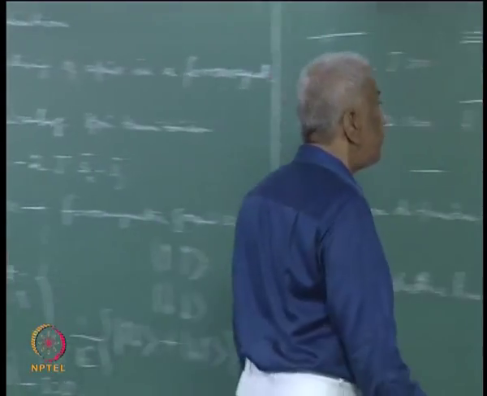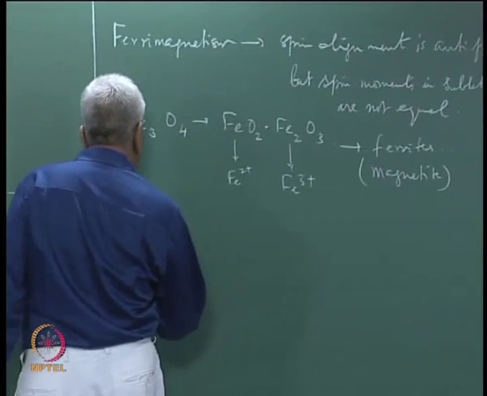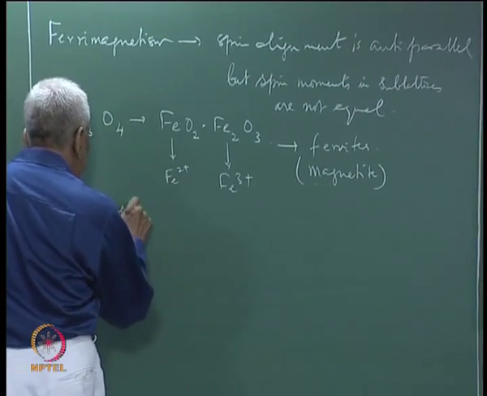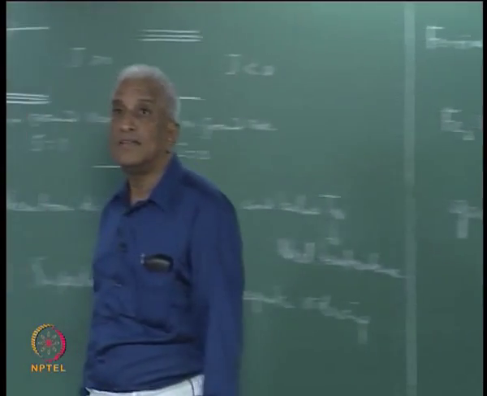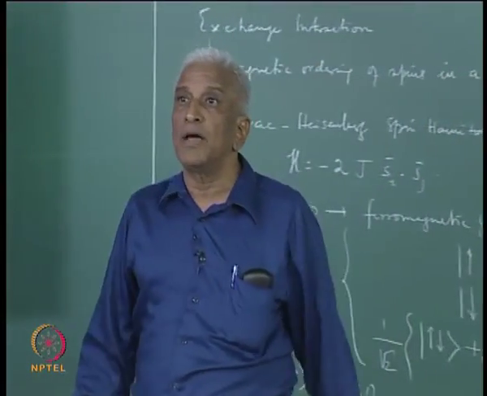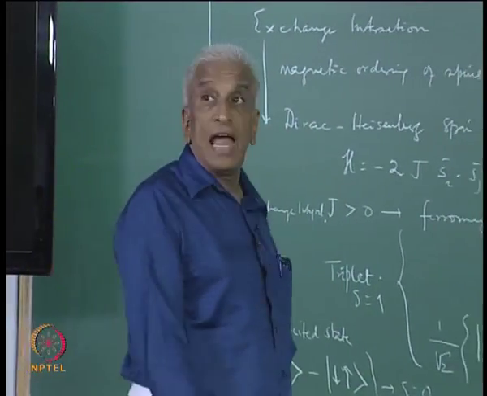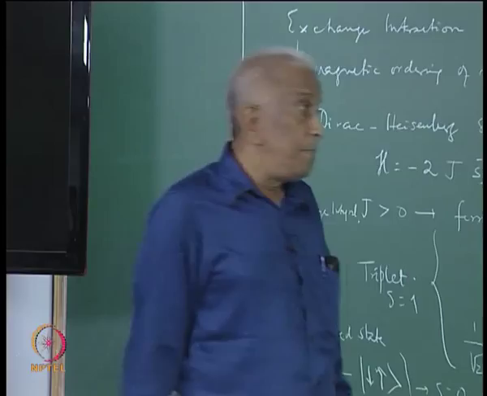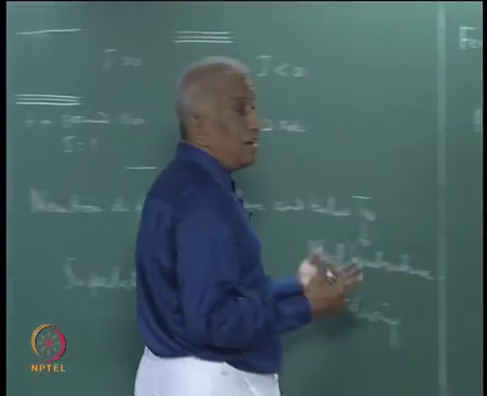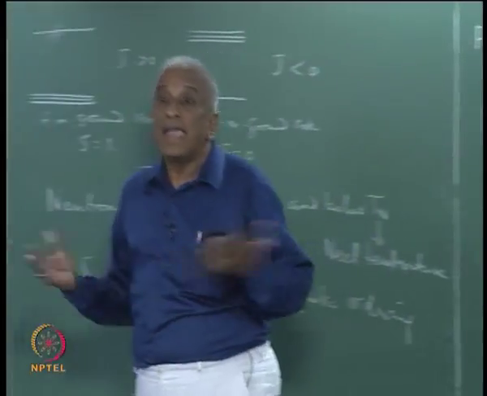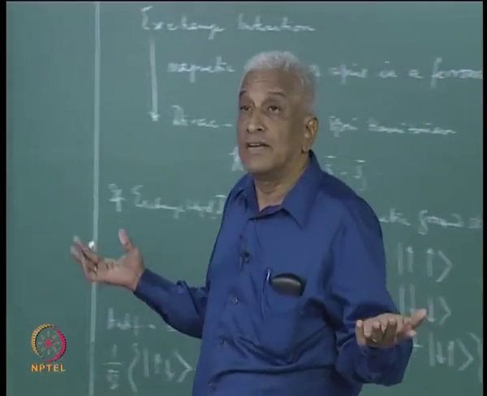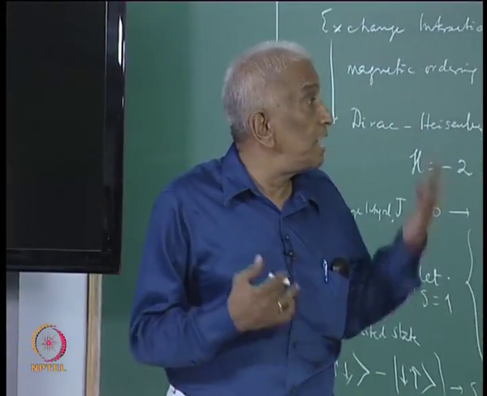So, in addition to ferrites, you also have what are known as garnets, in which the sublattices are not just 2 in number, but there are 3 sublattices with anti-parallel alignment. And because of the odd number of sublattices, again there is no exact cancellation, and therefore they also behave